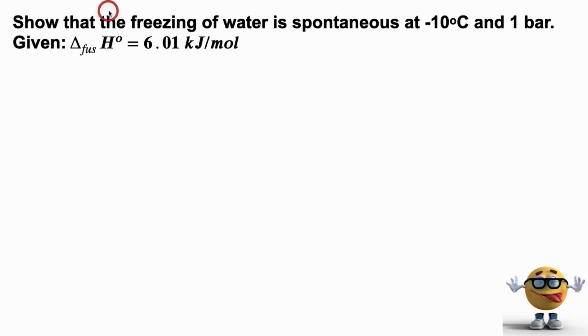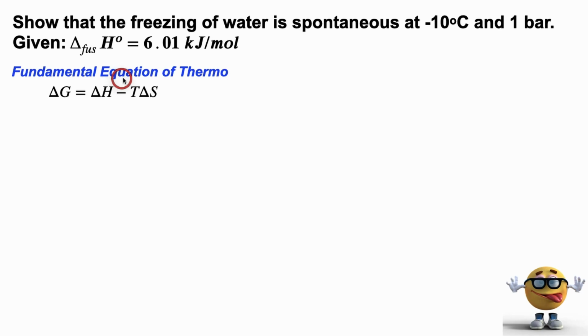Alrighty, my friends, we're going to show that freezing water is spontaneous at negative 10 degrees Celsius and 1 bar, and we're given the enthalpy change of fusion, plus 6.01 kilojoules to melt a mole of water. Okay, there's many ways to do that. I've got other videos in the description below on how to solve this problem, but in this video, we're going